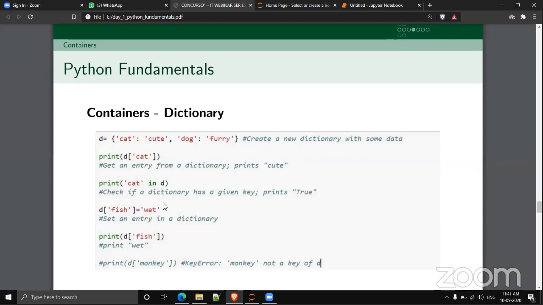On printing the dictionary, you can see three pairs: cat cute, dog furry, and fish wet. If you try to access D of monkey, it will raise a key error because monkey is not a key of D.